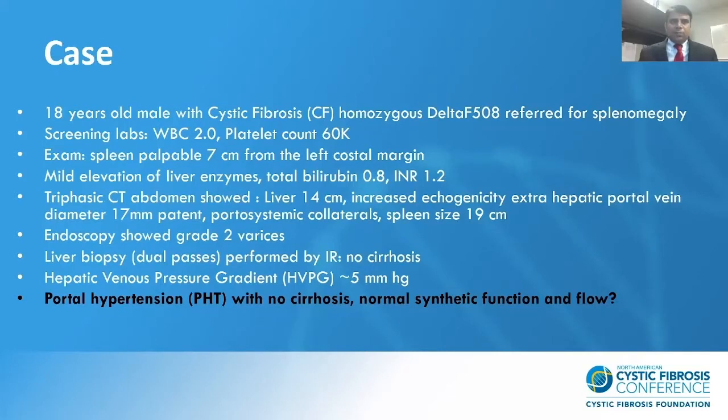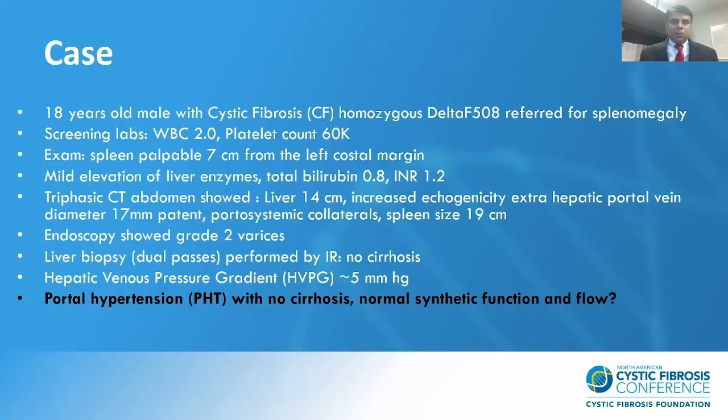Triphasic CT abdomen showed patent extrahepatic portal vein. Portosystemic collaterals were seen, and spleen size was 19 centimeters. Endoscopy showed grade 2 varices. Liver biopsy was performed by interventional radiologists, and they did 2 passes, and it showed no cirrhosis. Hepatic venous pressure gradient was measured at the same time as liver biopsy, and it was 5 millimeters of mercury, which